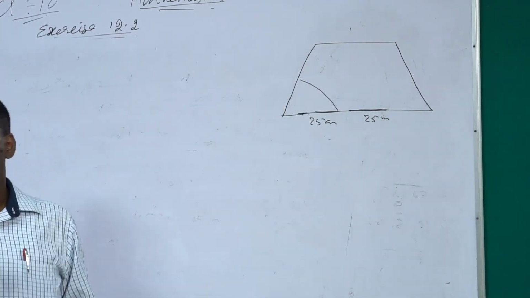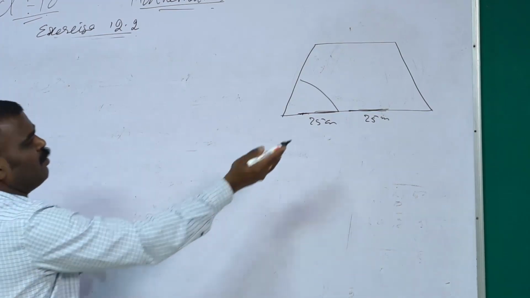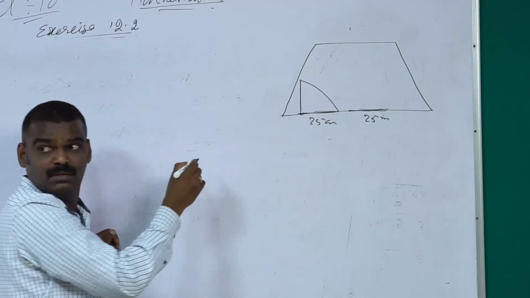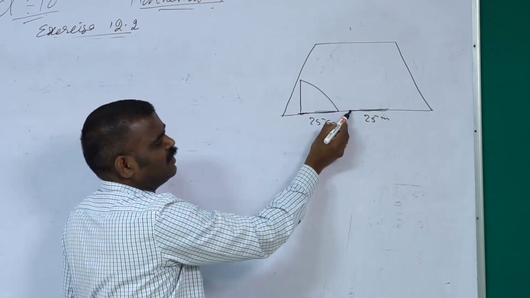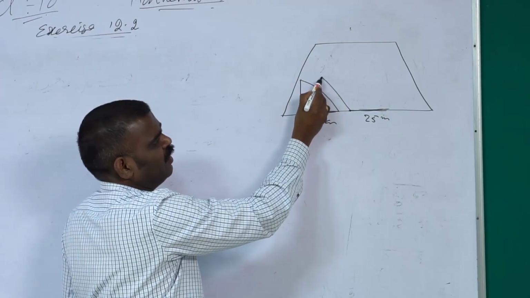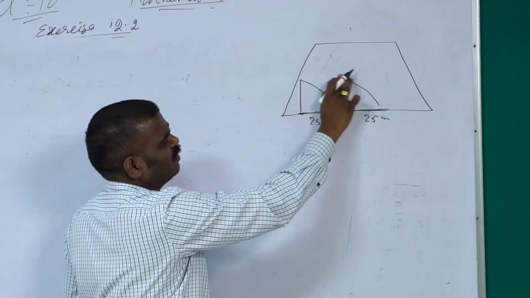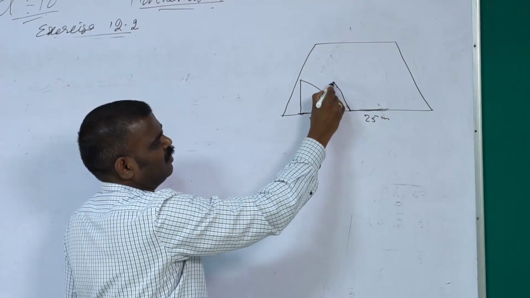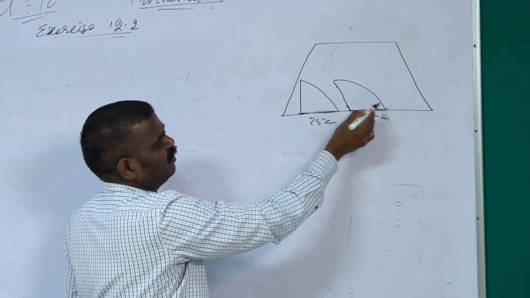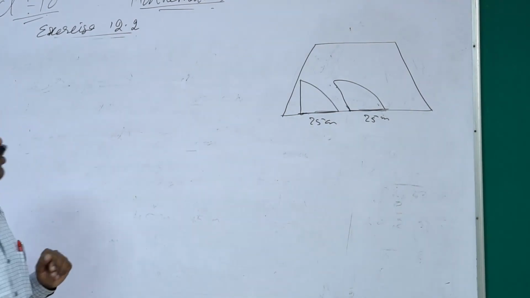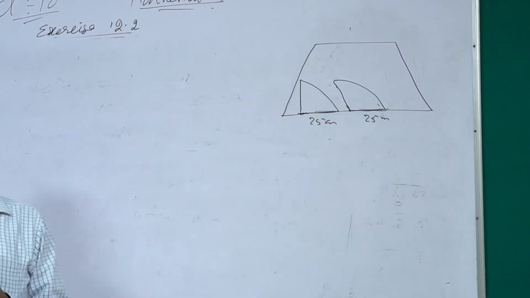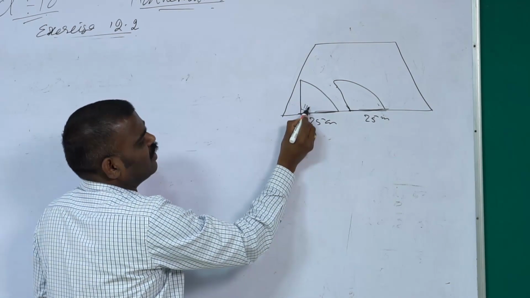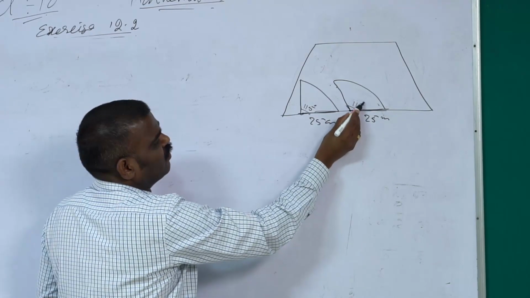It goes like this, right? It will come up to here and come back. Again, this one also will go up to here. Again it will come back. Yes or no? So, for making these wipers, from one end to another end, it makes how many degrees? 115 degrees. 115 degrees it makes.